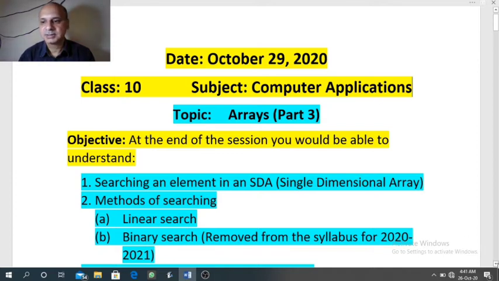Before starting the searching, let us see what is the meaning of search. In case of searching, we accept some elements in the array, and we accept one more element that we want to check whether the given element is present in the array or not. If the given element is present in the array, we display a meaningful message. If not present, accordingly we give a message. So we need to find the presence of a given element in the arrays.